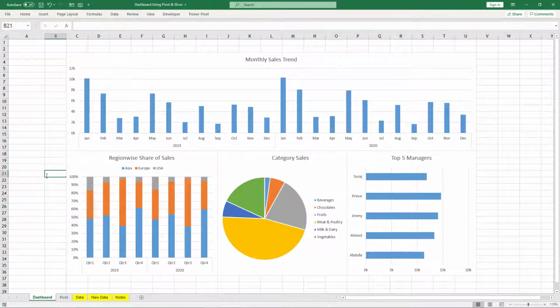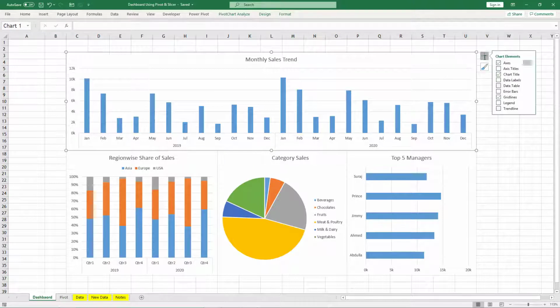Okay. Now next thing is, let us switch on the data labels. If data labels are not there, you can see, let's say this, how much is the sale of this column? January 2020. So you will use this line. This is close to 10,000. So it is roughly 10,000 plus. Okay. But if you want to know the exact number, then click on the chart plus and tick data labels.